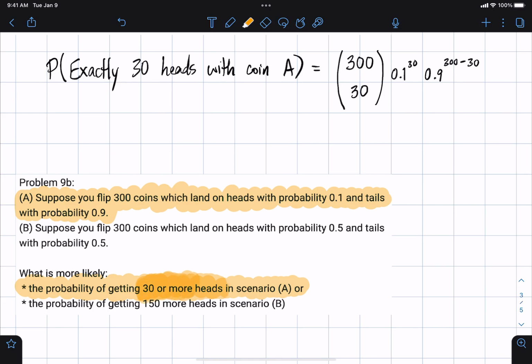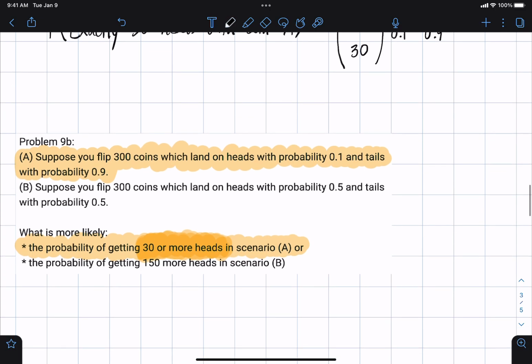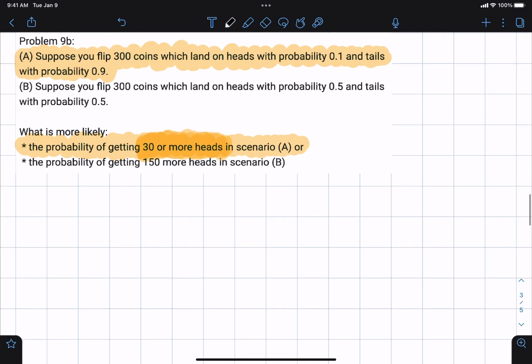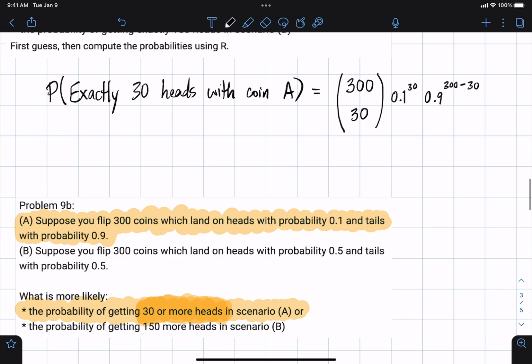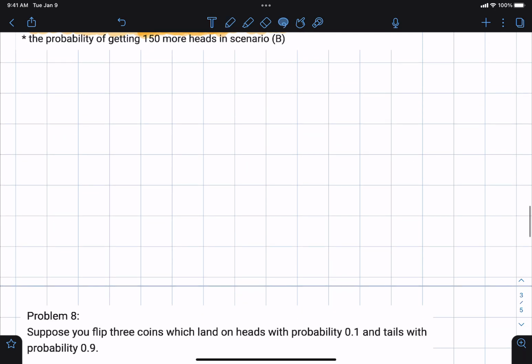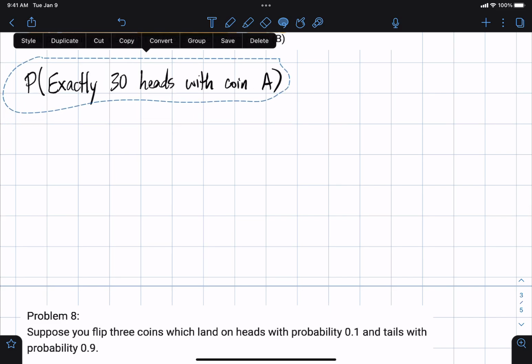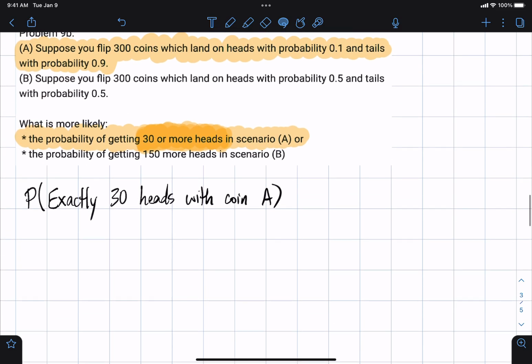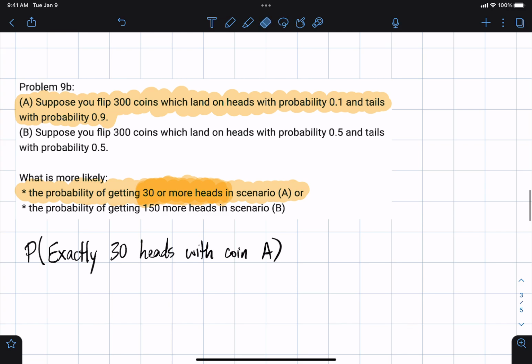I really want to emphasize that. So here's how I want to think about this: the probability of getting 30 or more heads, greater than or equal to 30 heads,